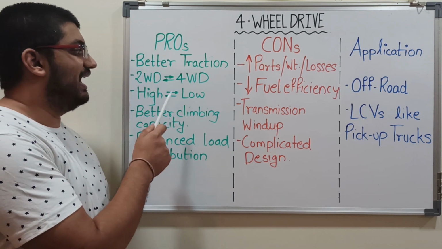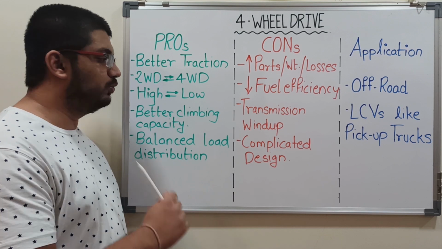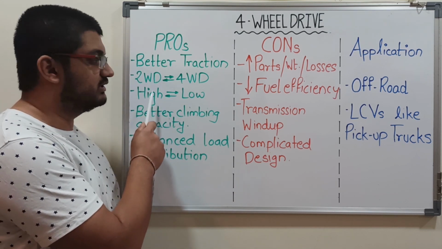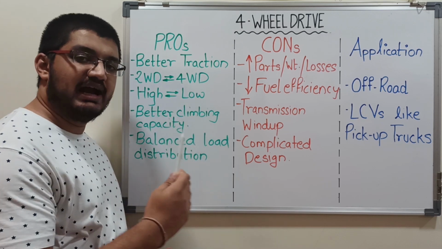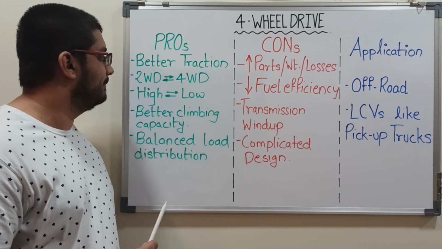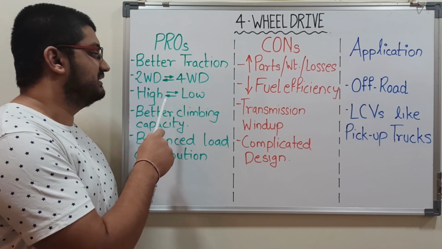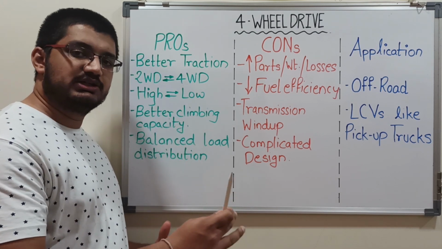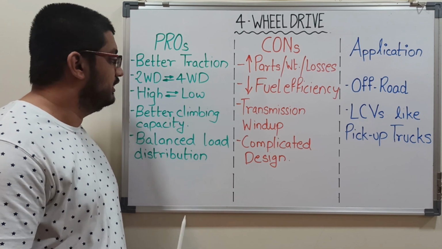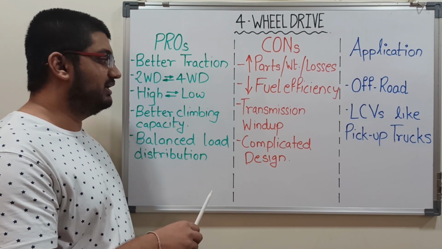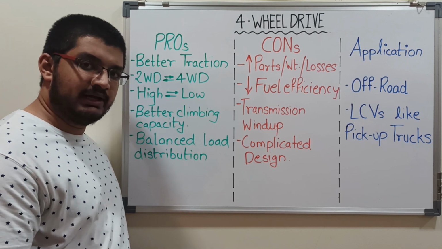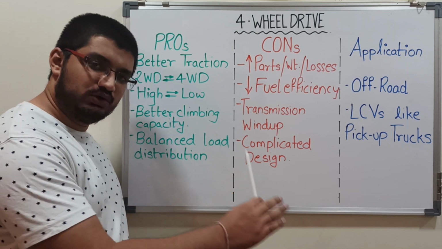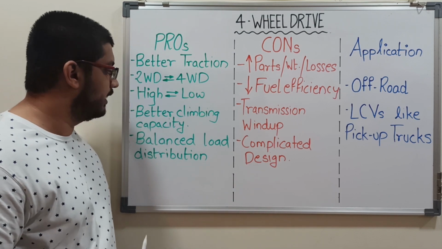Then you can have option between selection for two-wheel drive and four-wheel drive, which is very good because two-wheel drive gives better fuel efficiency and four-wheel drive gives better handling and traction capabilities. Also, there is selection between high and low ranges. This is other than the manual transmission gears that you have to select. So this is additional possibilities of gears, additional flexibility, hence very advantageous. You can select between high and low range in addition to the manual gears that you have.